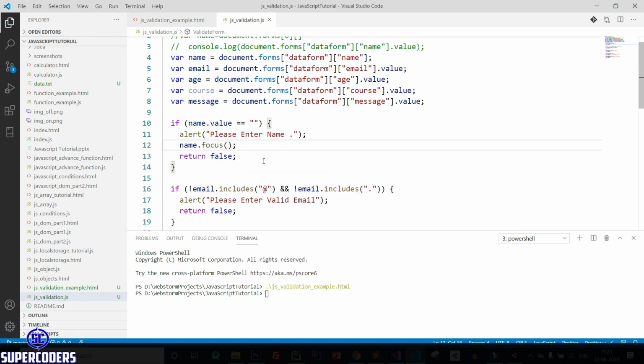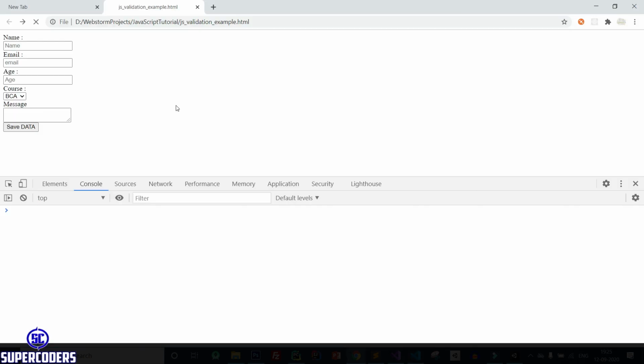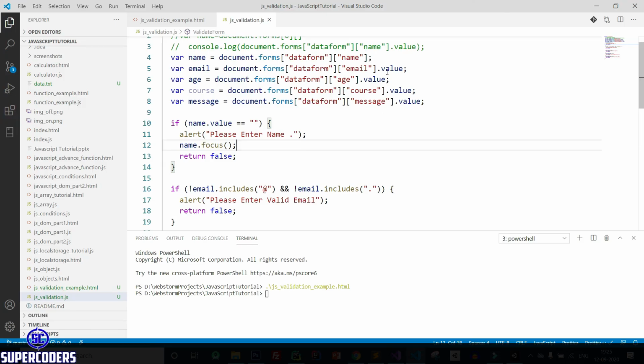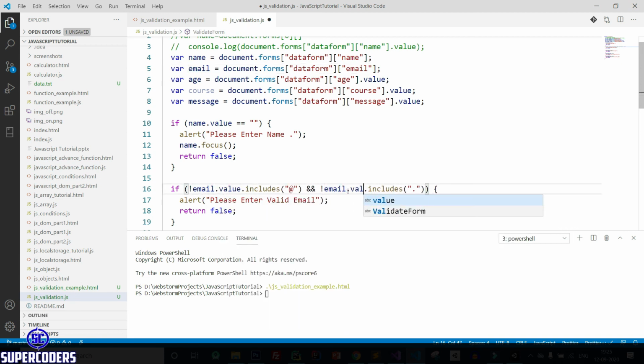Save it and let's check whether it's working or not. So refresh the page, input some data or first submit data, click OK and you can see name has been focused. So in this way, when clicking on alert, you can focus your input. Again, if you want to do it for email, remove it, then email dot value, email dot value.